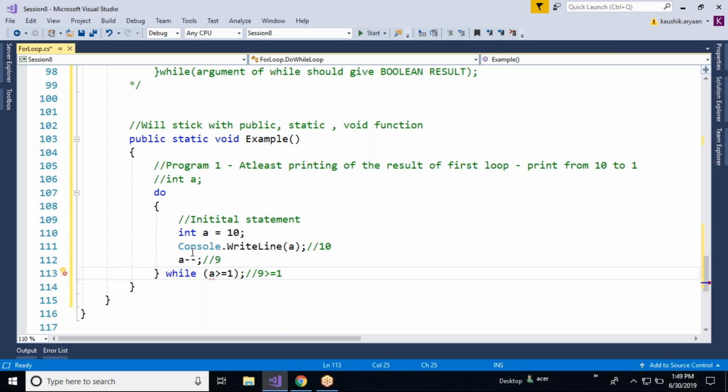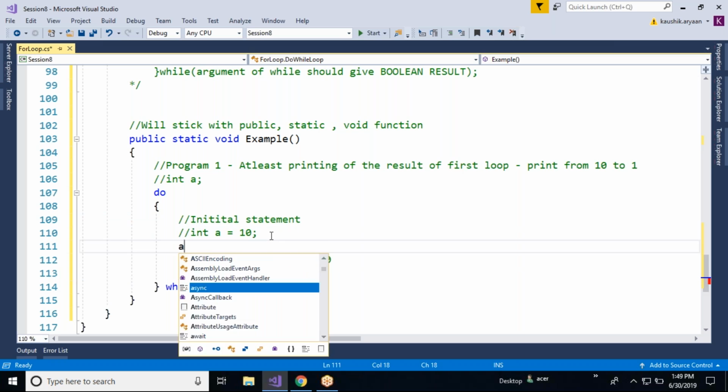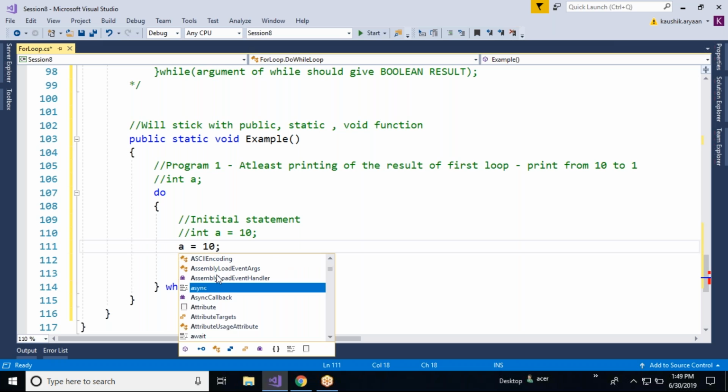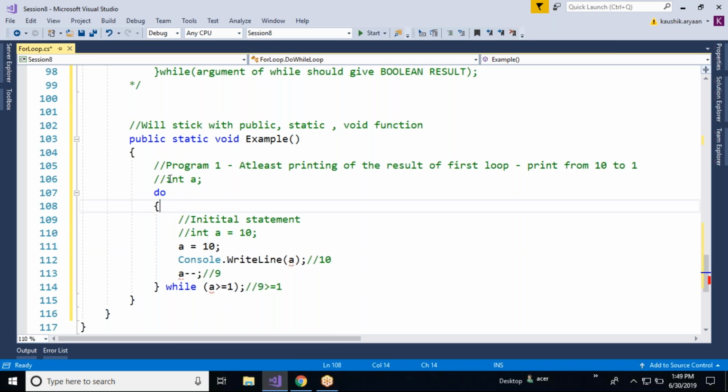So better, instead of declaring the integer a inside the do block and making the scope small, I can do one particular thing. I can comment it out. I can just declare and initialize a outside of the do block. When I initialize a outside of the do block out here,